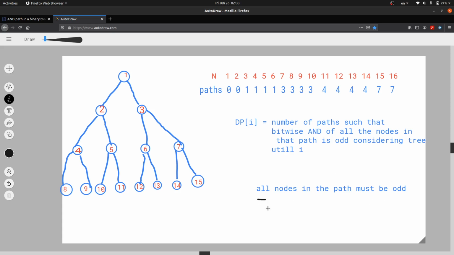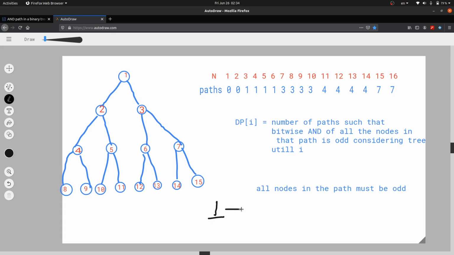We got this observation because if the bitwise AND of all the nodes on the path is odd, that means the bitwise AND must have its least significant bit set as 1.